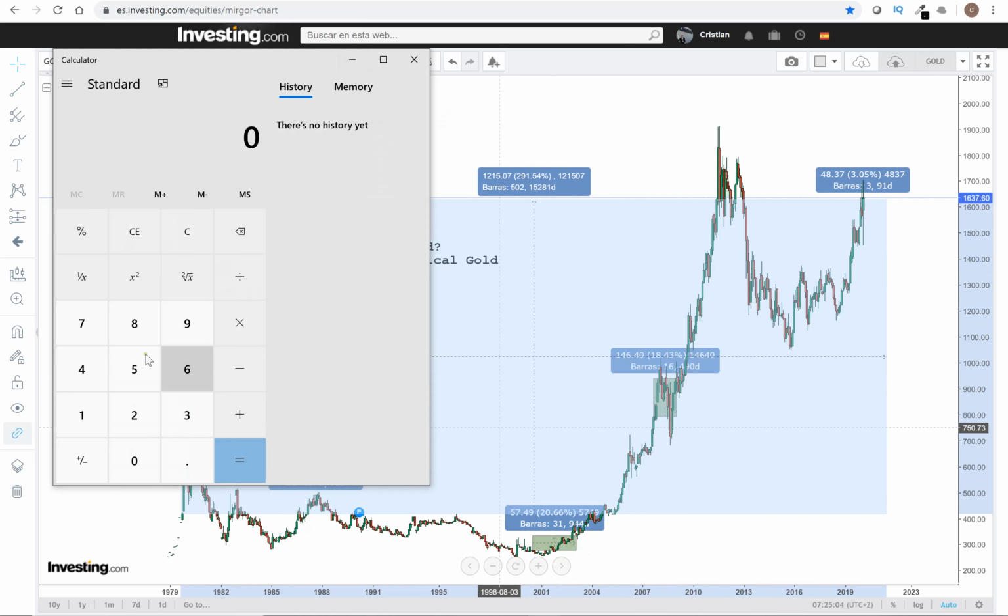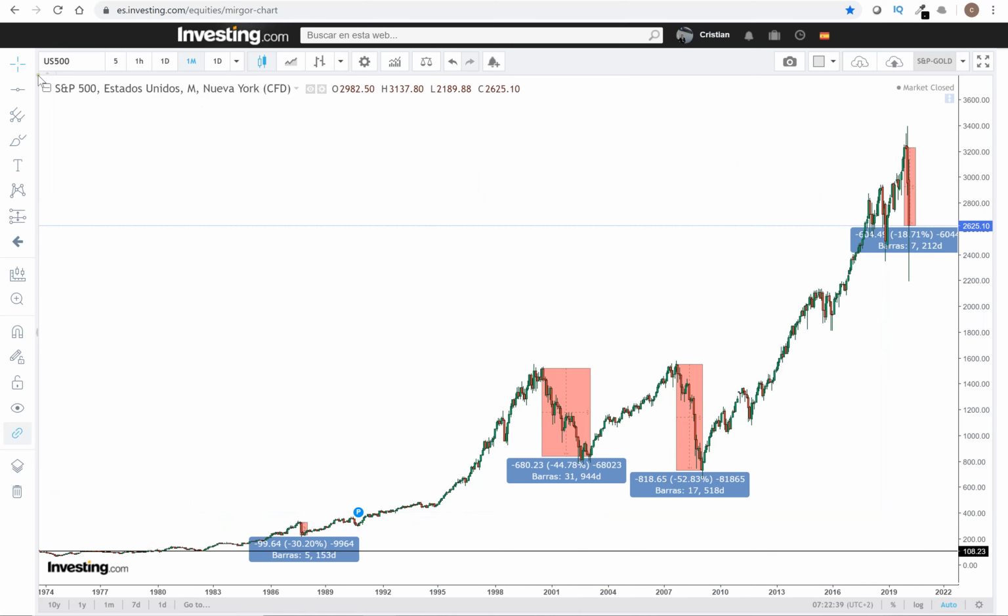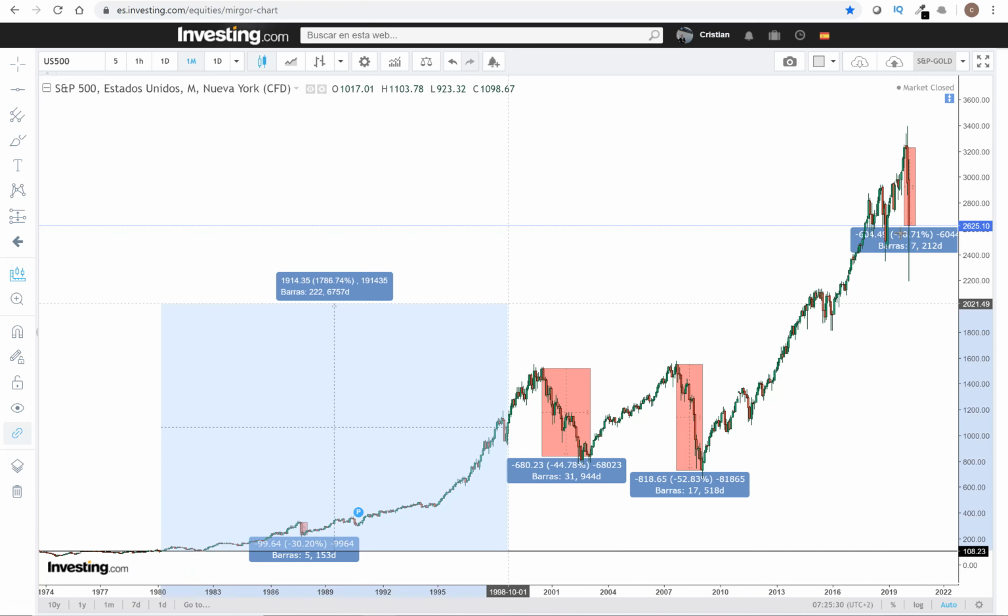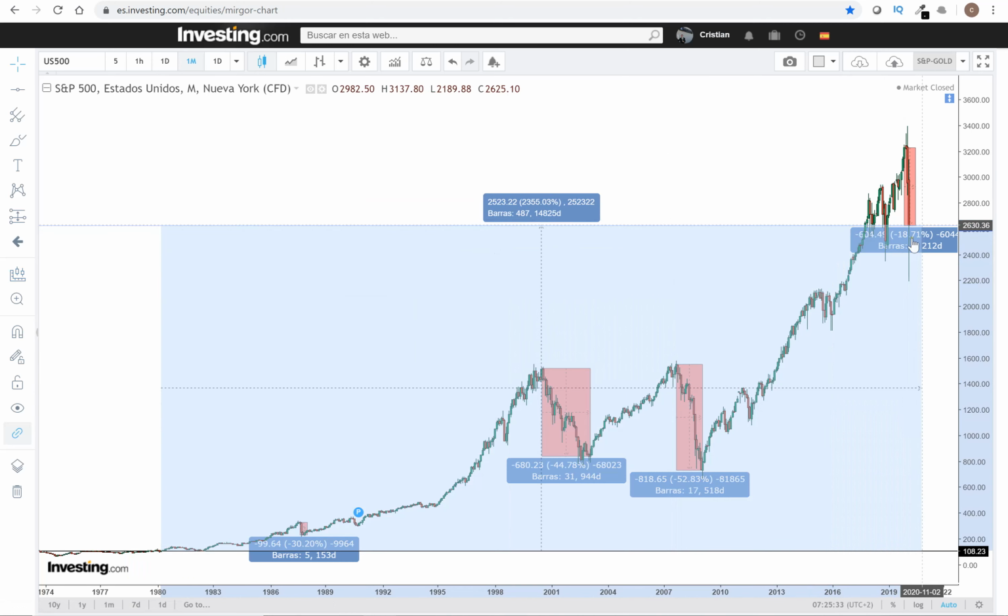If we divide 2091 by 40, we're going to see that 7% is the average growth that gold has had over time. If you compare this growth with the US S&P 500, we take the 1980s, I draw a line in there until the prices that we are experiencing now, that say 2,600. Even considering the big drop, we can see that the S&P 500 was a really better investment in comparison with gold,